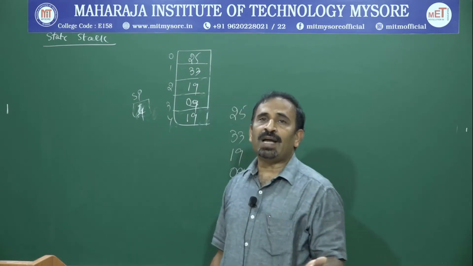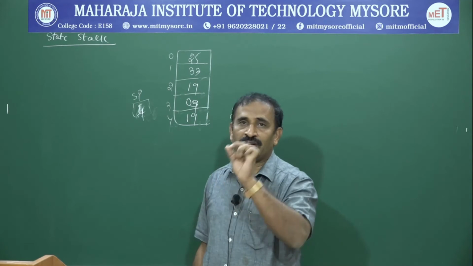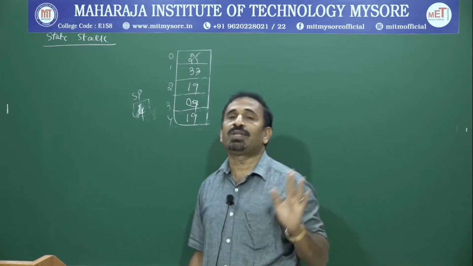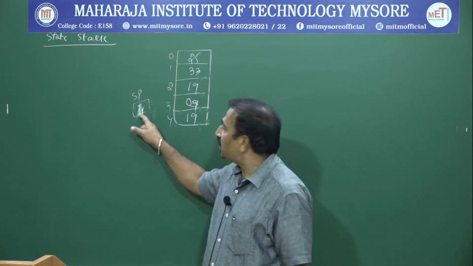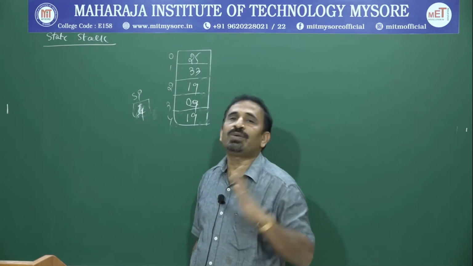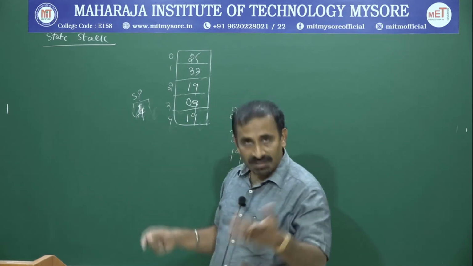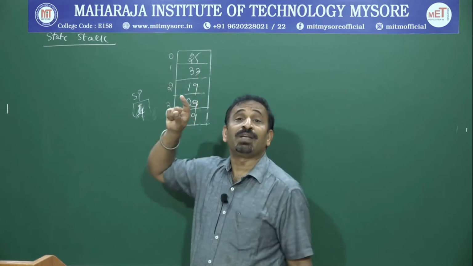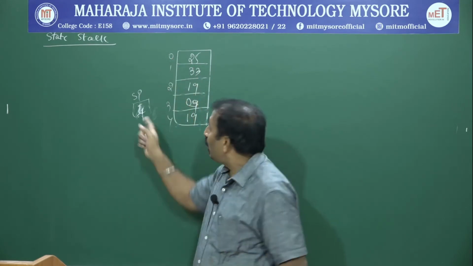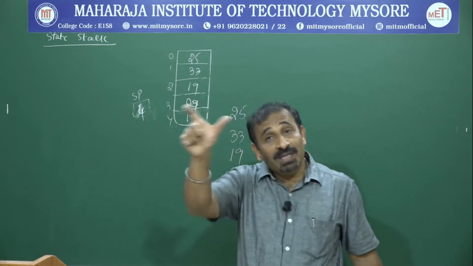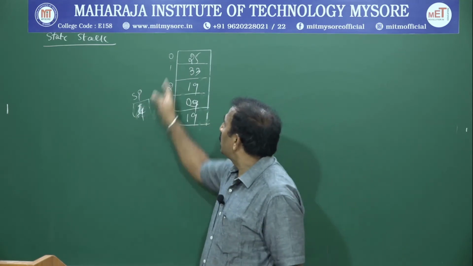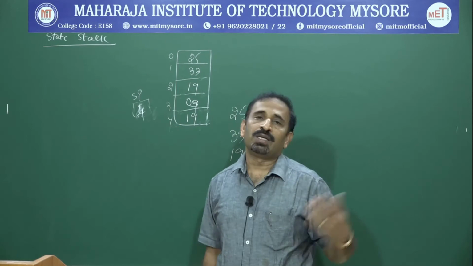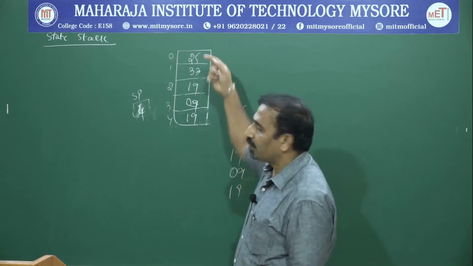Similarly, deletion. Deletion happens in this simple procedure. First thing is to check for underflow. Underflow means check whether elements are there to delete or not. How to know? If SP is not equal to -1, it means you can do a deletion. Right now SP equal to 4 means there are elements. -1 means no elements. 0 means at the 0th position you have some element. I mean at least you have one element. So therefore, what is there in SP will indicate how many elements are there. And when SP has become -1, you cannot delete any more elements. So like that you will be checking it.